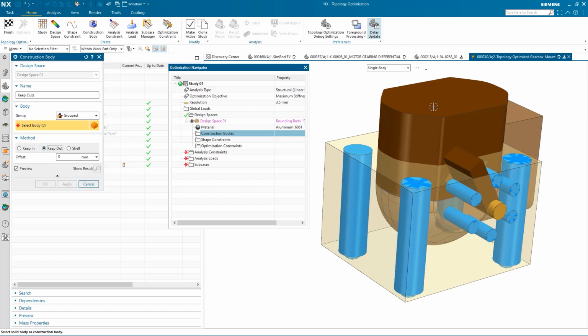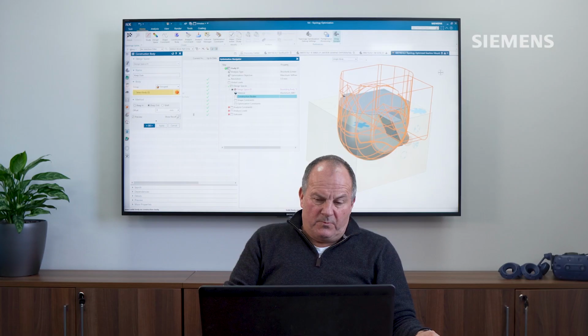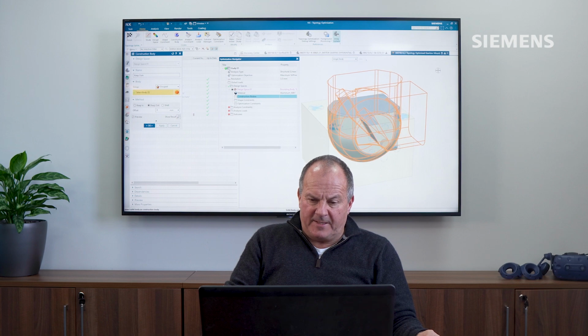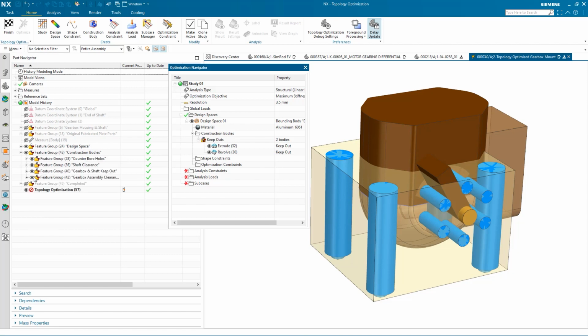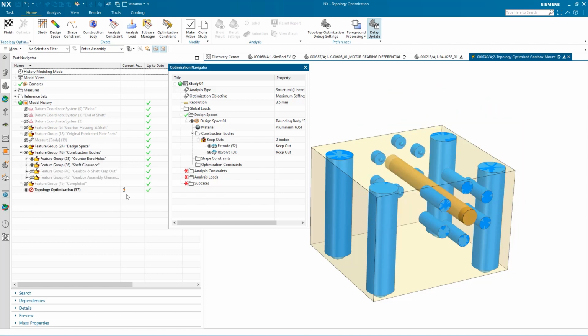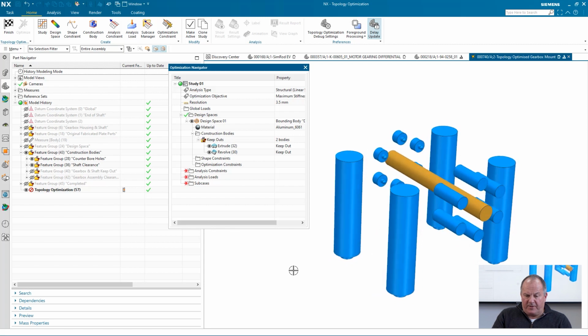Okay, and I'm going to specify these two solid bodies. So what I'm asking for there is I don't want to see any of the optimization study encroach into that particular area. I need that to be kept free of any geometry, because that's basically where the gearbox will be sitting. I'll just remove those. And now I'm left with construction bodies that are going to define where the brackets fix both the chassis and also the gearbox.